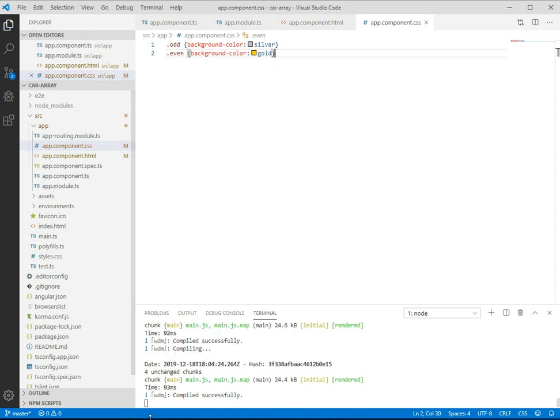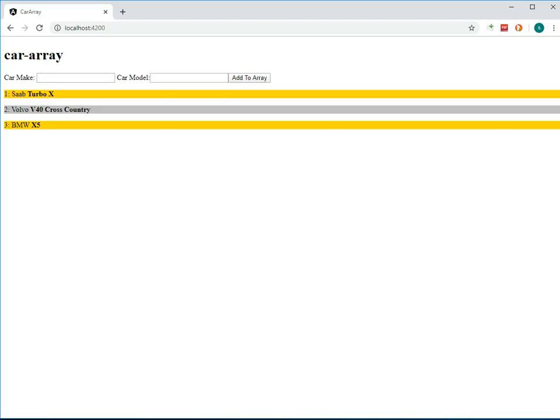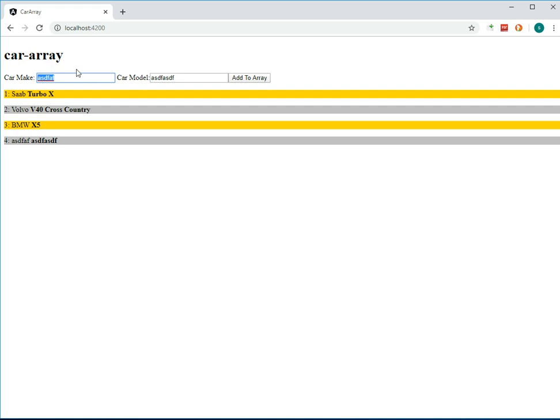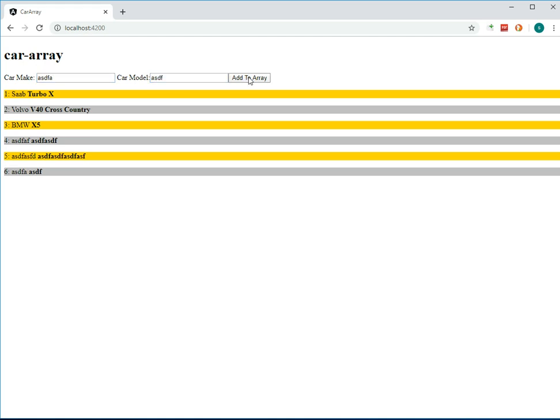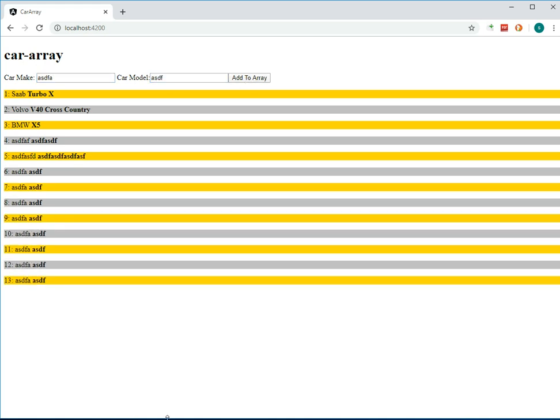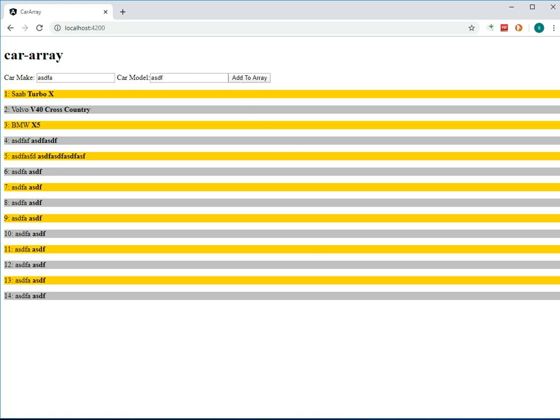So we've saved everything. Now let's see how that actually turns out. As you see now, the number is one above what the true value is. So the even class is going to be gold, and the odd class is going to be silver. Then I can type in more here, and that will be gold, that'll be silver, this one will be gold, etc. If I keep adding them, as you see, they continuously alternate. And if I go back to the code,